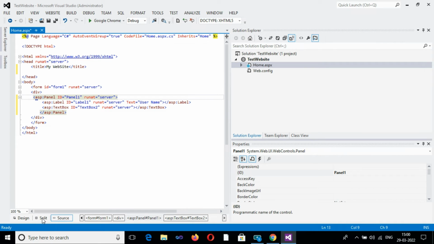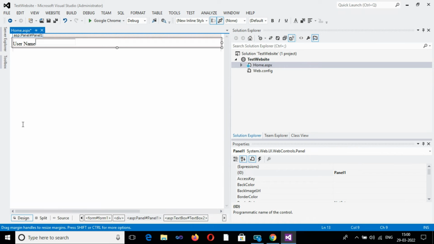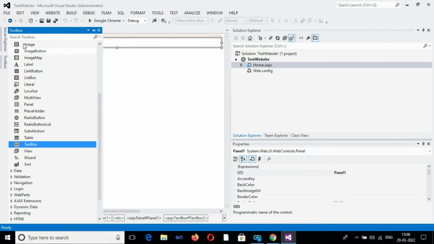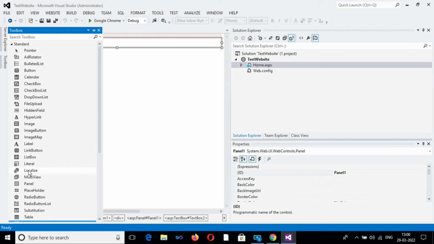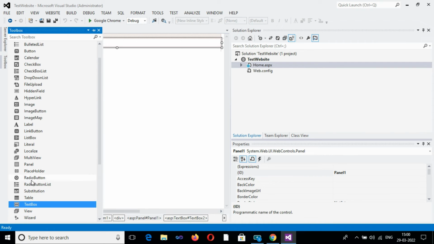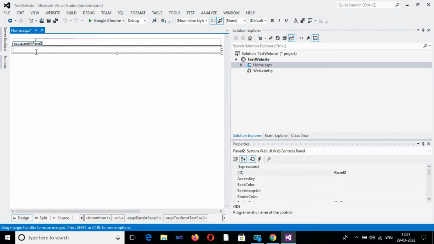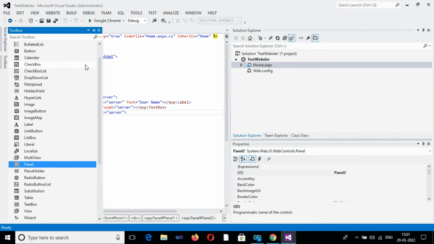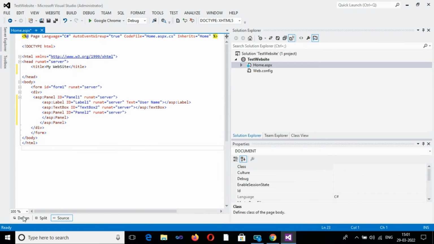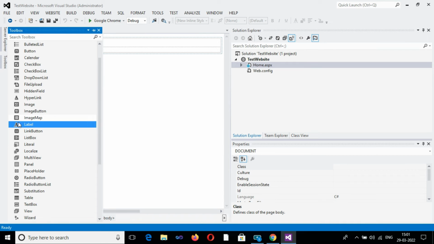Okay, so what we have to do next is create one more panel. Go to the toolbox, find the panel, then click over here and put a panel here. Okay, the second panel here. So go to source and check the panel is empty. Okay, then come to the toolbox, and wait one second, go to design and come to the toolbox and put